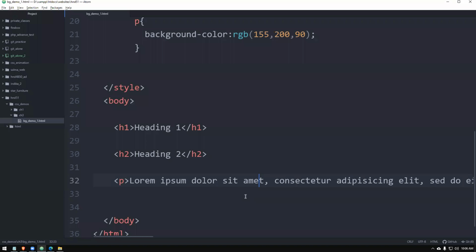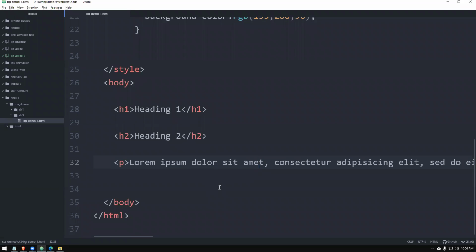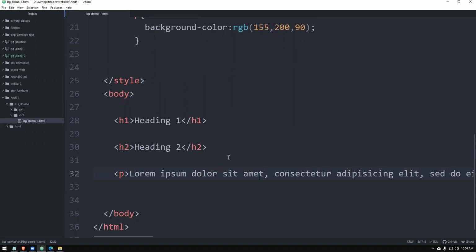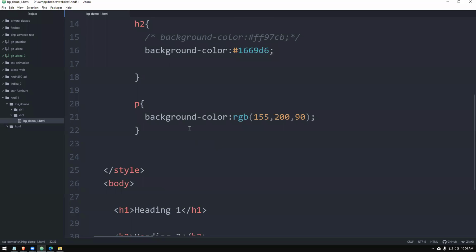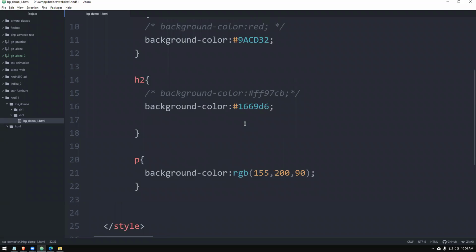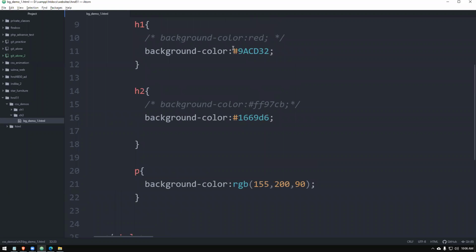All right. So we learned about how to give name, hexadecimal colors, and RGB.